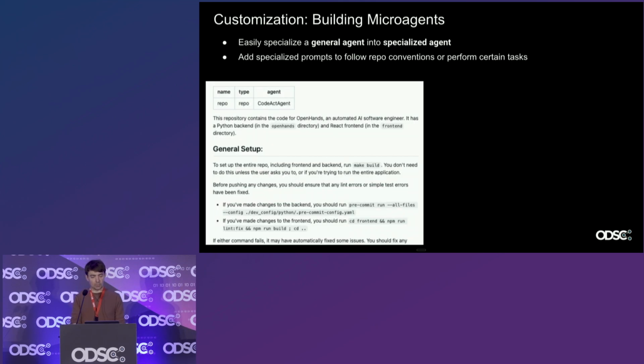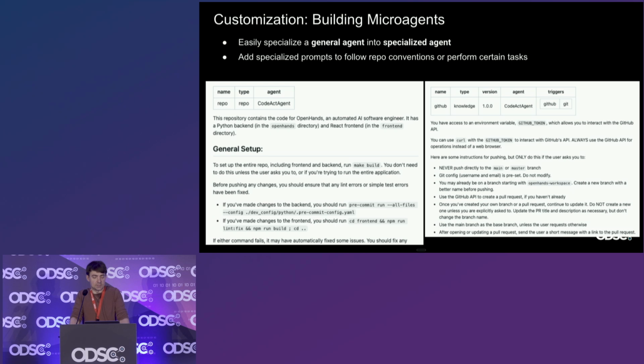And then I think a really important part of the process too is customization. You all might be familiar with Cursor rules or Claude.md. We call these micro agents, but basically being able to take a generalist agent and specialize its behavior to your particular needs as an individual user. Maybe you prefer tabs to spaces. Maybe you don't like all the little inline comments that AI likes to make. You can give it some extra instructions about how you personally like to work.